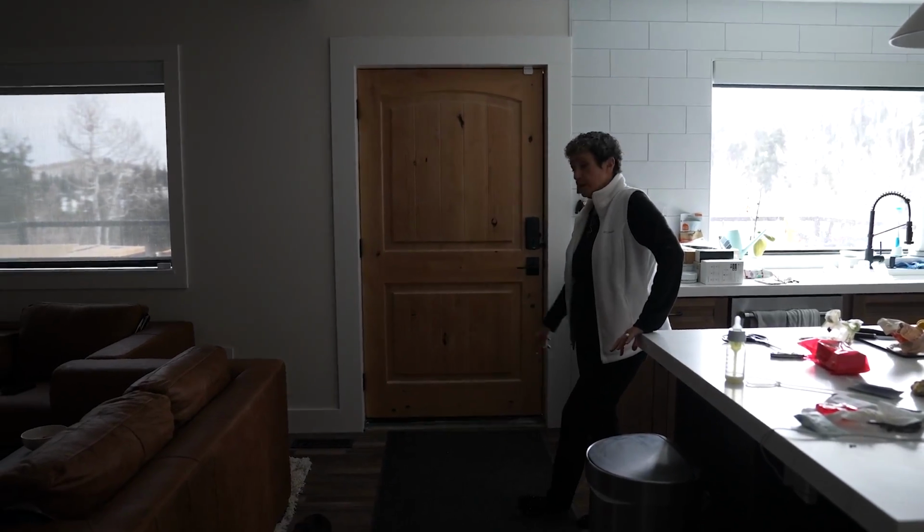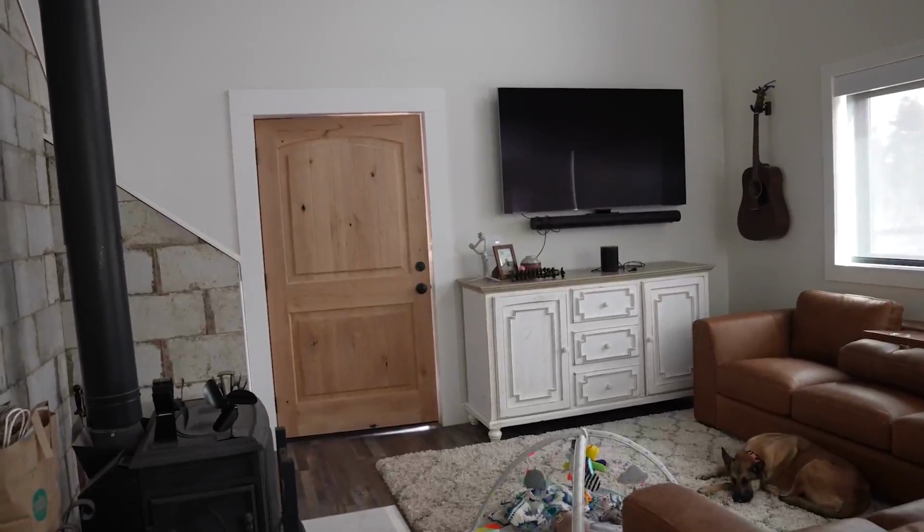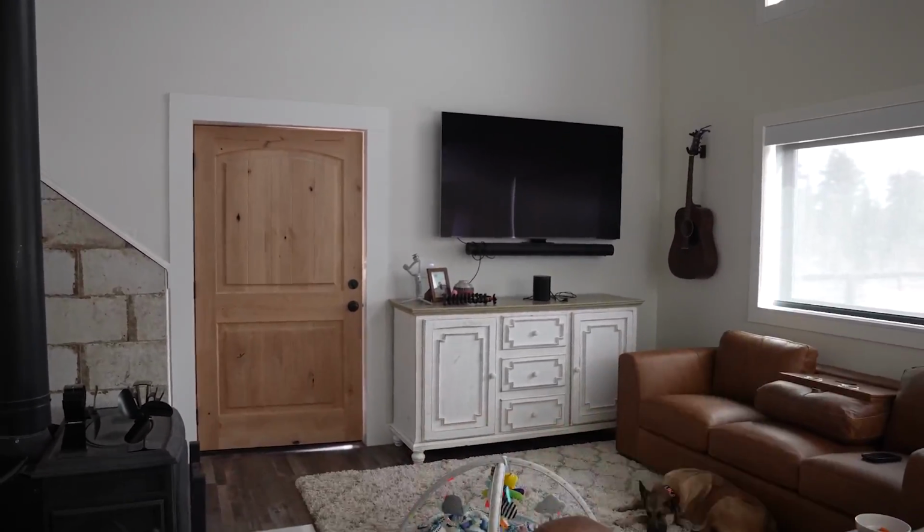Just need 14 more inches. You know what it is? It's this door. If that door wasn't there, then everything could scoot over more. I mean, then you wouldn't have a whole other room. Who am I kidding? It's not just the door. There's a lot of issues with the dimensions in this house, but I'm going to blame it on the door